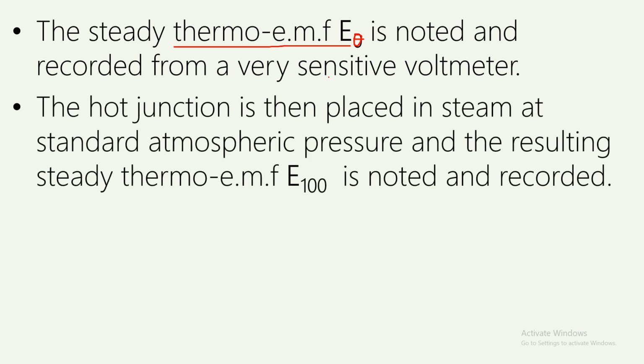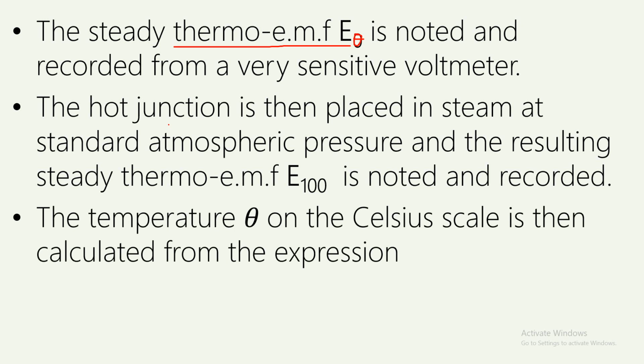The hot junction is then placed in steam at standard atmospheric pressure, and the resulting steady thermal EMF E100 is noted and recorded. So for a thermocouple, what is interesting is that we need just 2 values. We need the thermal EMF at the required temperature, and then we need the thermal EMF at the steam point. So we need the E theta and E100 only. So the temperature theta on the Celsius scale is then calculated from the expression E theta over E100 times 100